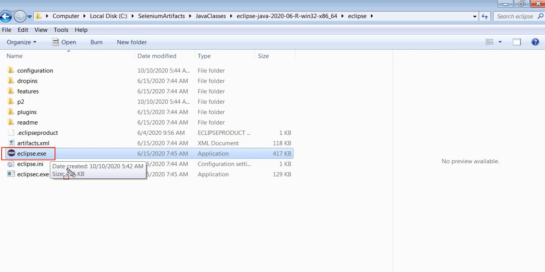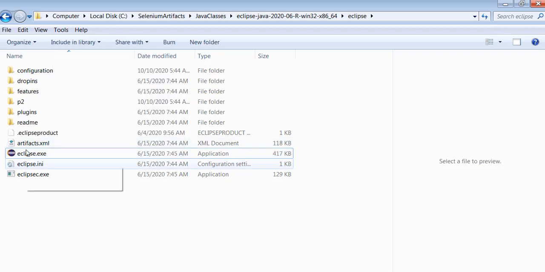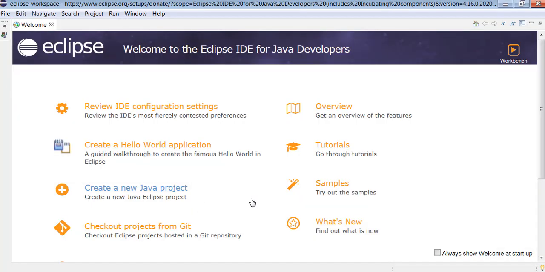One more thing we can do is right click on this and pin to the taskbar. You don't need to navigate to this location, just click on it in the taskbar and it will launch Eclipse. I already double clicked on it and it opened Eclipse. So this is what has been opened right now.